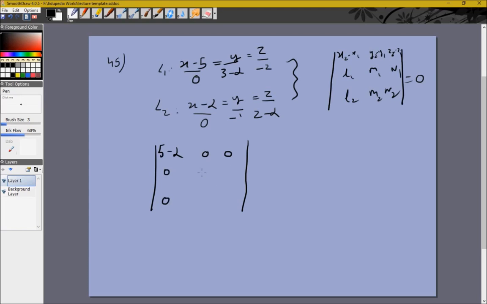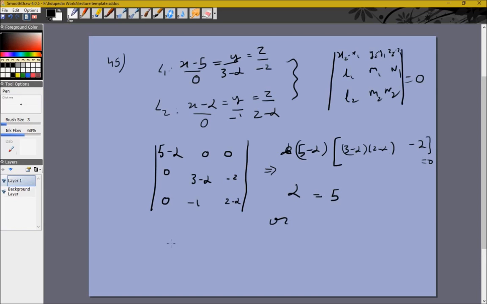Now here what do you have? L, M, N. So 3 minus alpha, minus 2. Minus 1, 2 minus alpha. Which means 5 minus alpha times (3 minus alpha into 2 minus alpha minus 2) is equal to 0. So either alpha is equal to 5, which is not one of the options, or